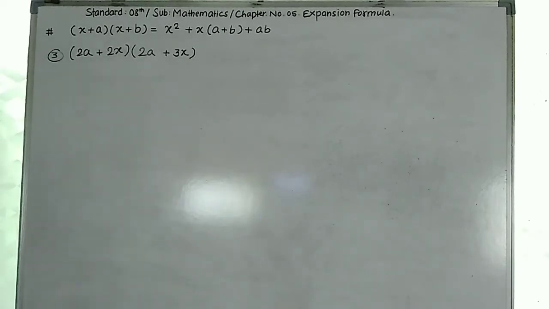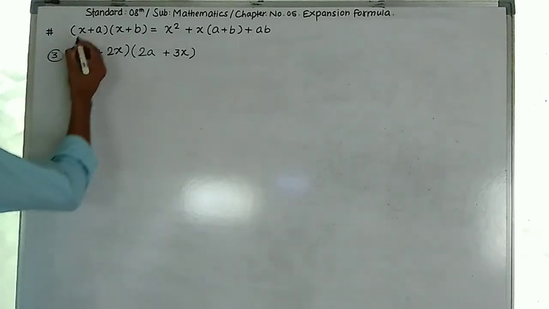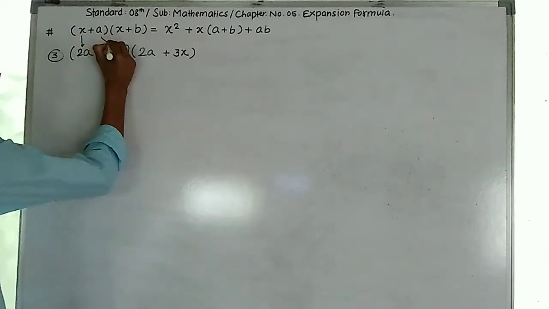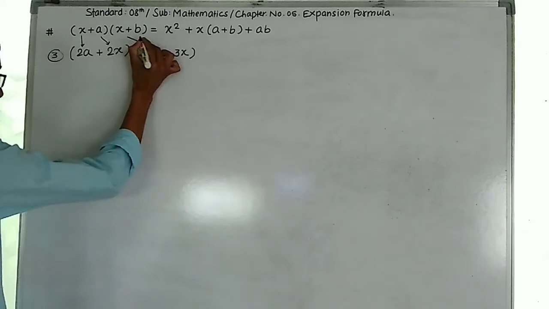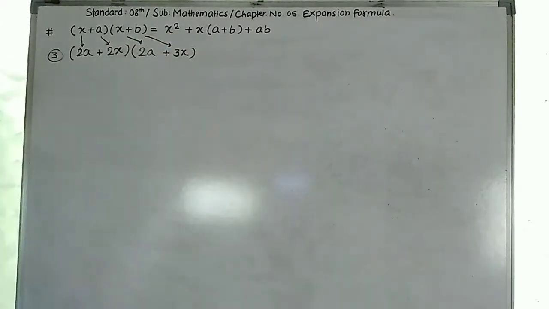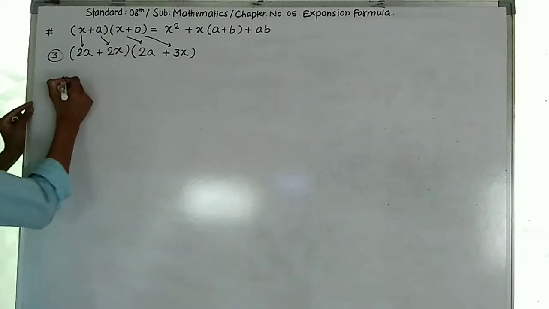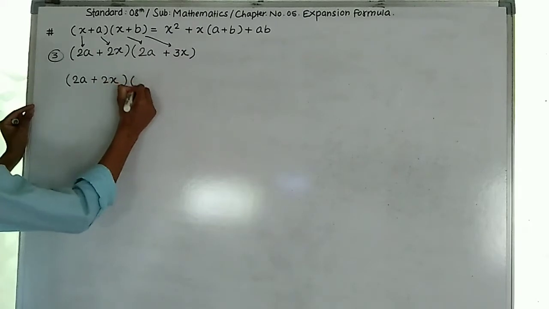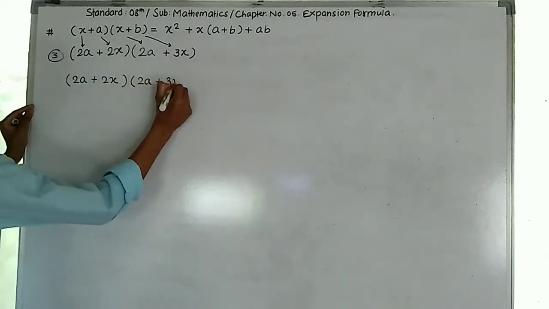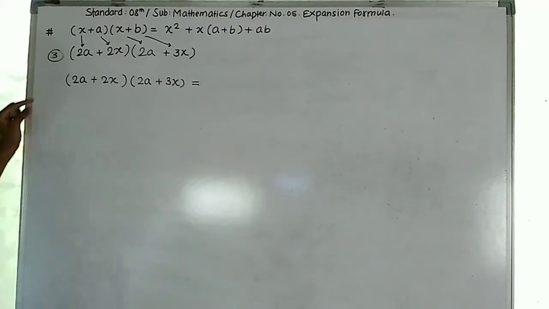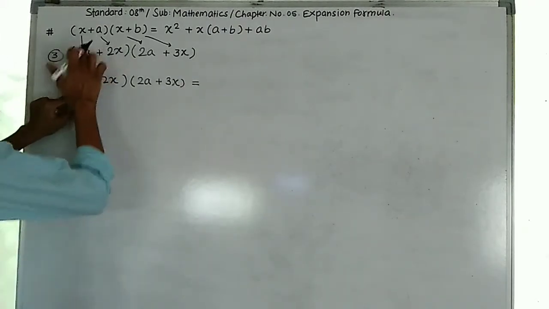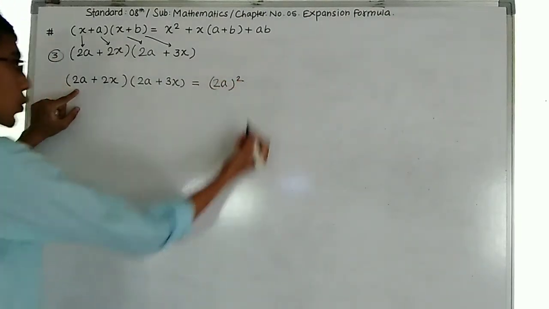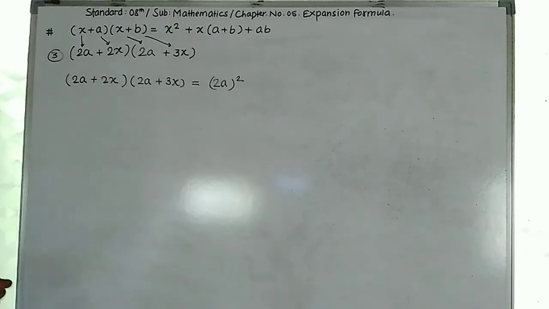Okay, so now in this particular question, I will consider x equal to 2a, a is equal to 2x, and b is equal to 3x. Okay, then we can easily apply the rule. So (2a+2x)(2a+3x) is equal to, now 2a is my x, so x square, that is (2a) square. Okay, 2a square. Then again my x is